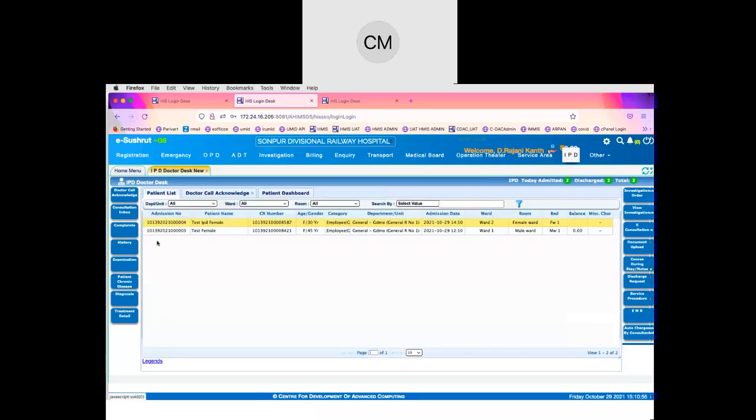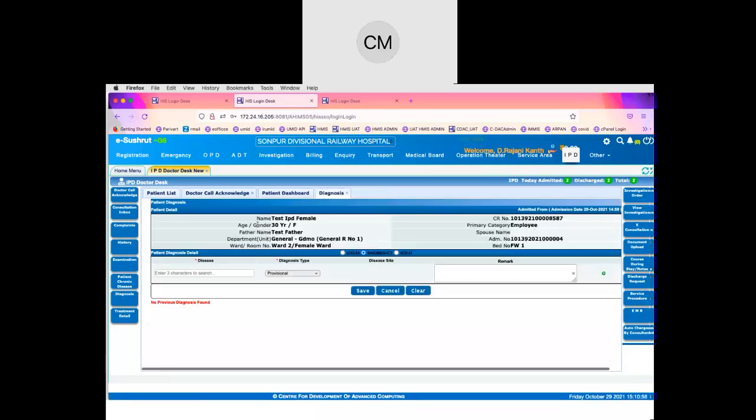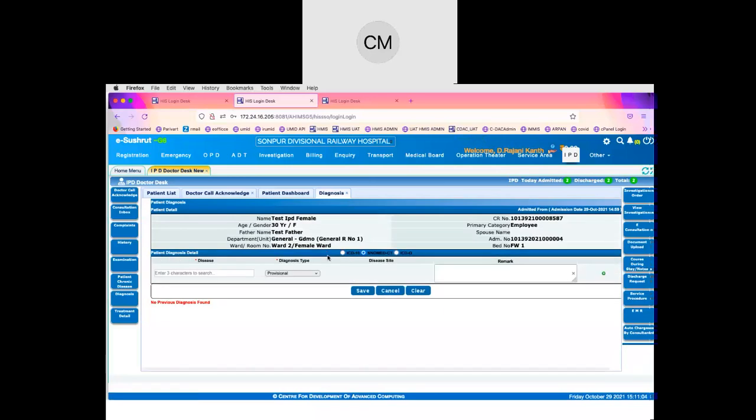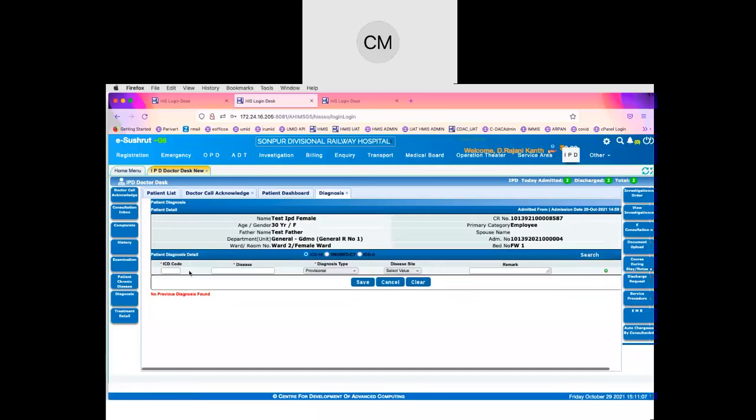And we have the diagnosis related tab also here. So the diagnosis that has been detected for the patient can be entered here, for which the ICD codes or SNOMED CT codes can be used.